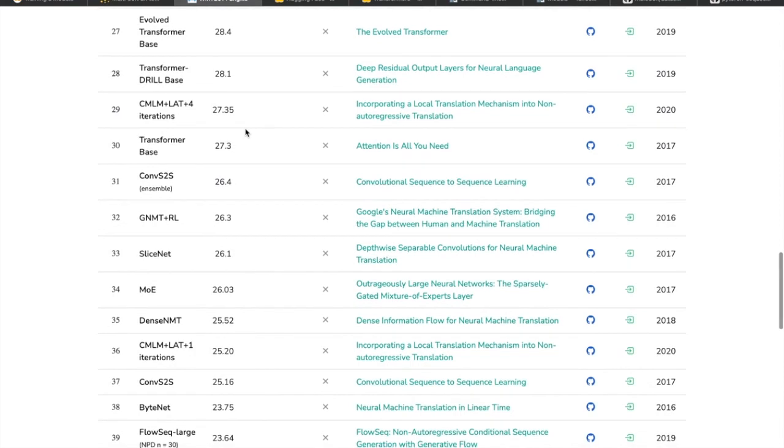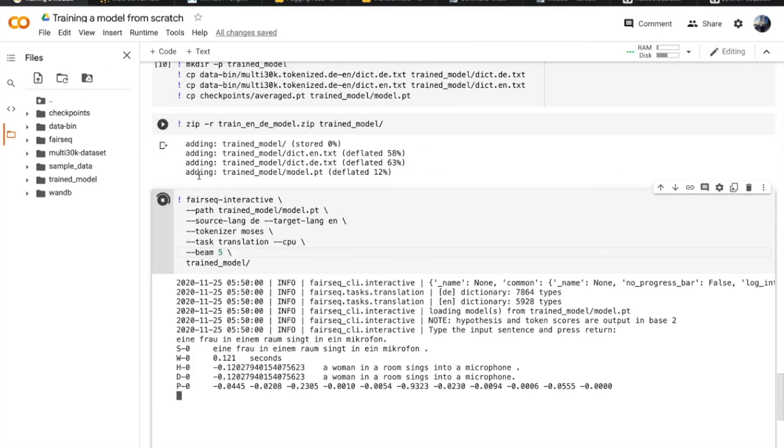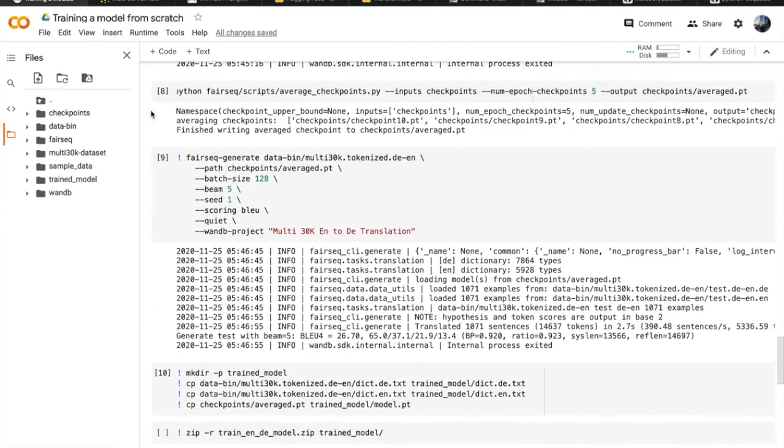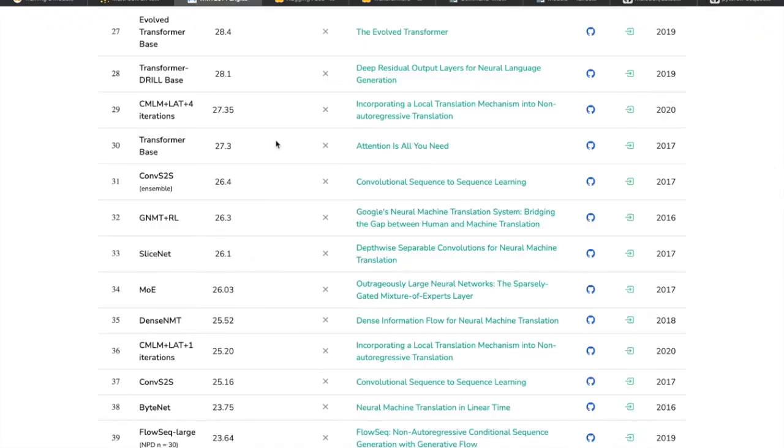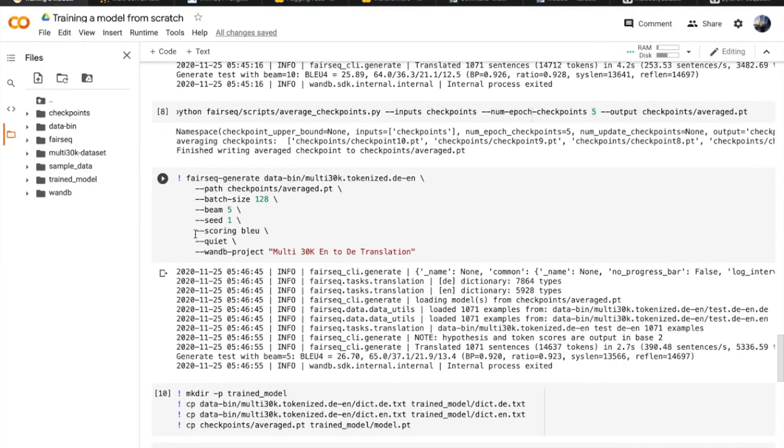You can still see that we are very close to the actual paper, which is Attention Is All You Need. They got a 27.3 over the WMT, and our model is giving 26.7 if I'm not wrong. Yeah, 26.7 BLEU score. So we could basically reproduce this entire paper and show this for our particular language.